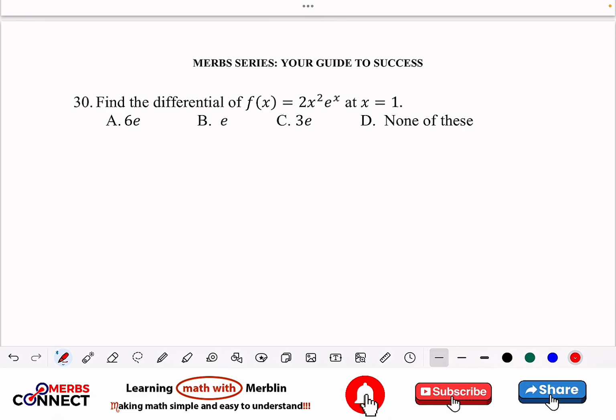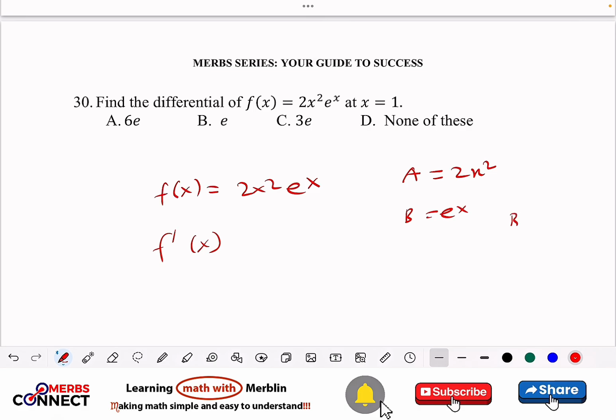Here we want to differentiate this one and set x to be equal to 1. So f of x is equal to 2x squared e^x. Product rule. I can set a to be 2x squared and b to be e^x. b prime is the same thing because this is an exponential function. a prime will be 4x. So let's go. This is a b prime plus b a prime. So this is going to give us 2x squared e^x plus